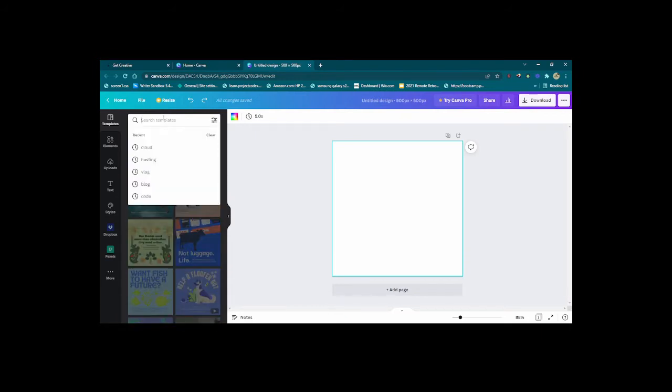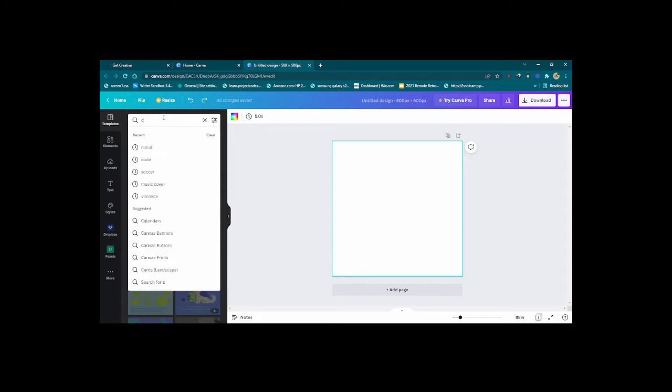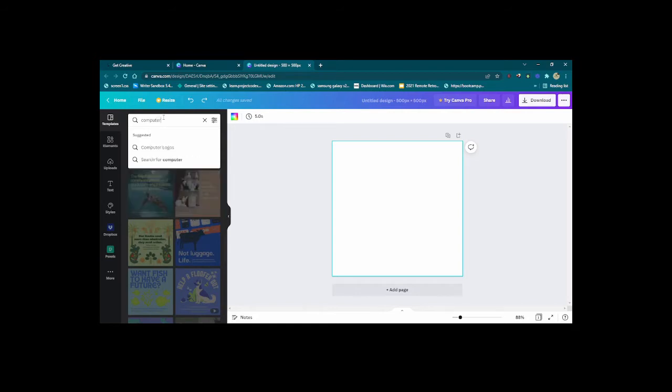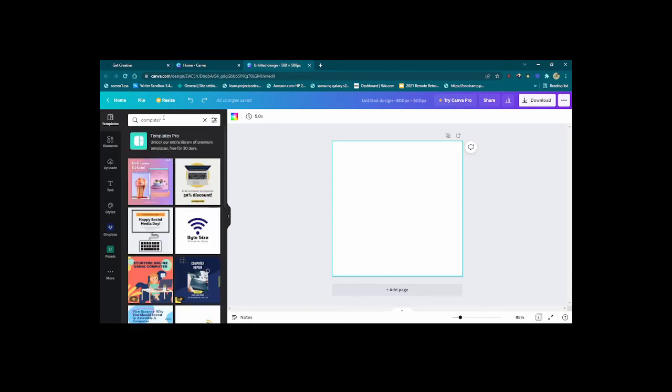Okay, let me just search for computer templates, right? Sorry about that. Computer templates. So I'm just gonna search for computer. Okay, so I'm just gonna bring this one. As you can see, it's good though, right? It's good though,